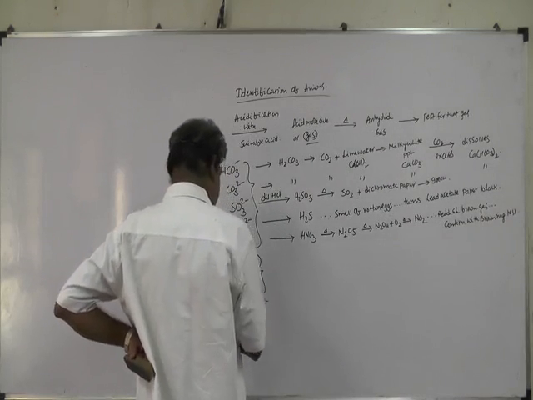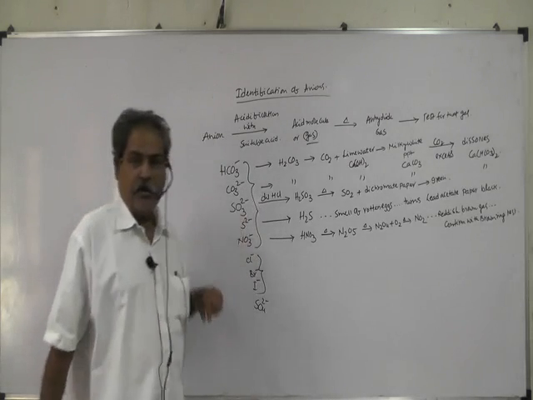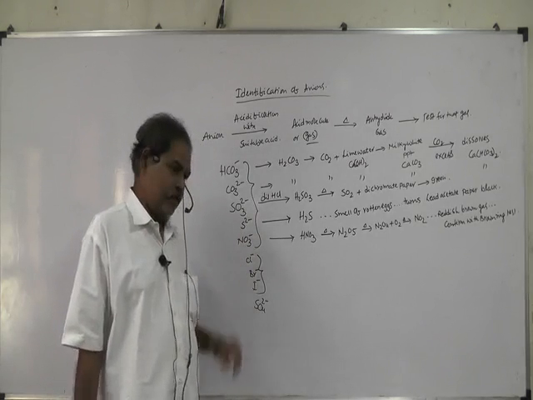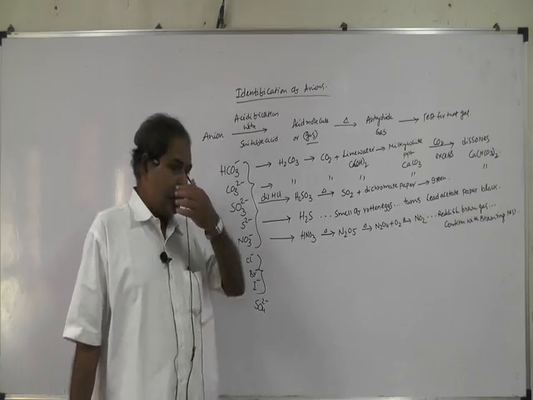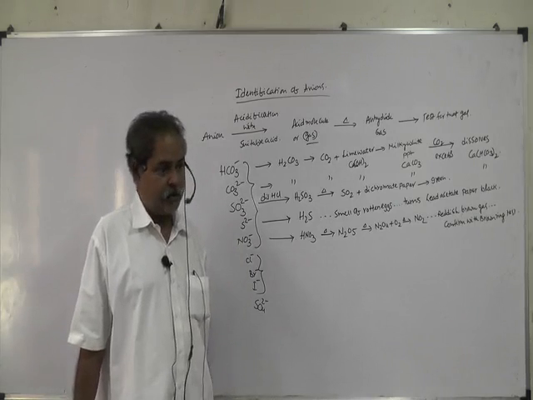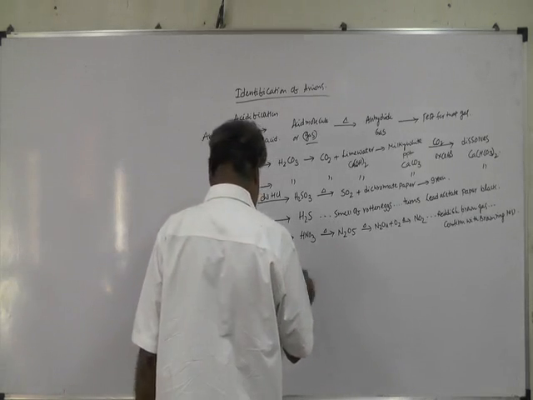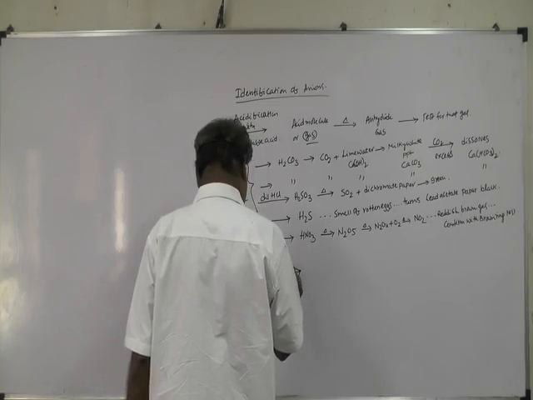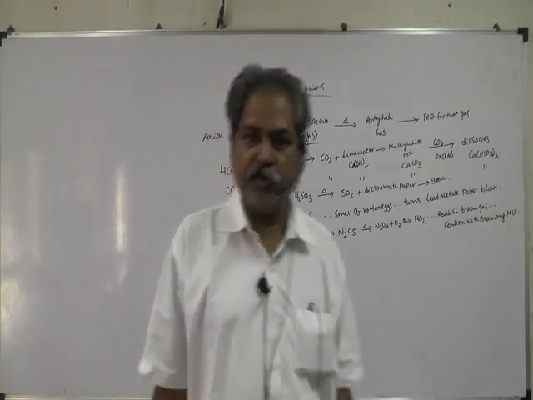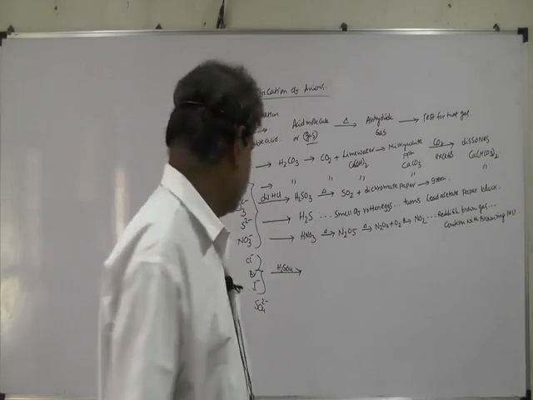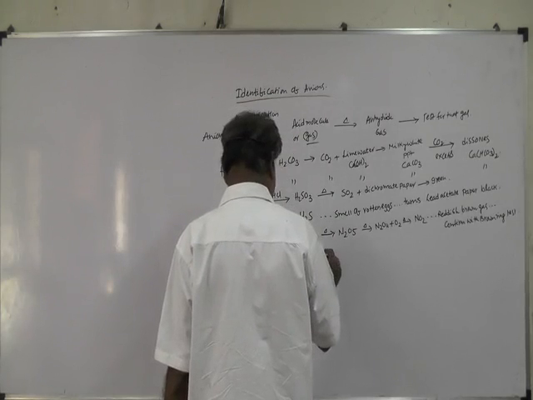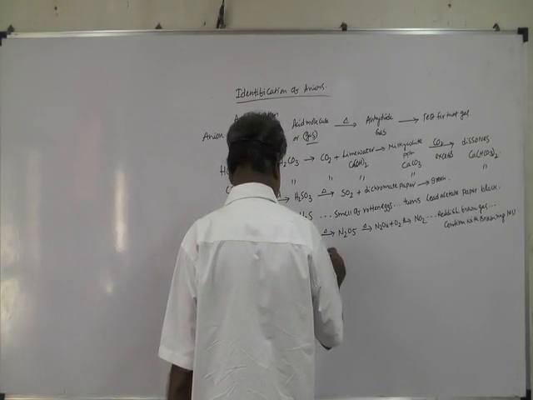And which acid is suitable for these three? HCl. Can it protonate Cl minus? No. One HCl cannot give a proton to another HCl. Therefore you have to select a stronger acid than these three. So this one it is H2SO4. Dilute or concentrated doesn't matter, because eventually we are going to heat and it becomes naturally concentrated. Now you get HCl. HCl fumes in ammonia.